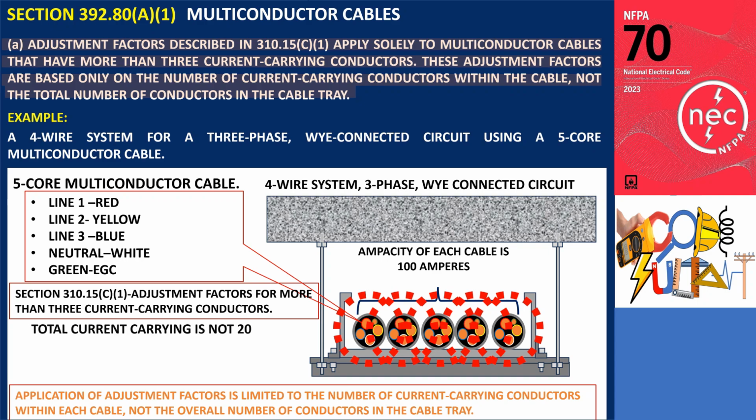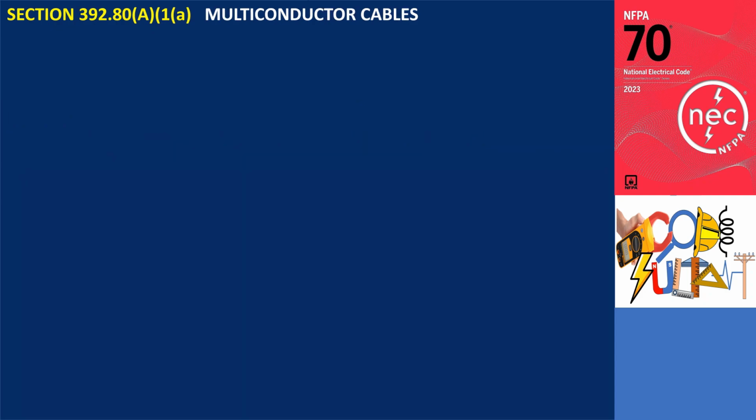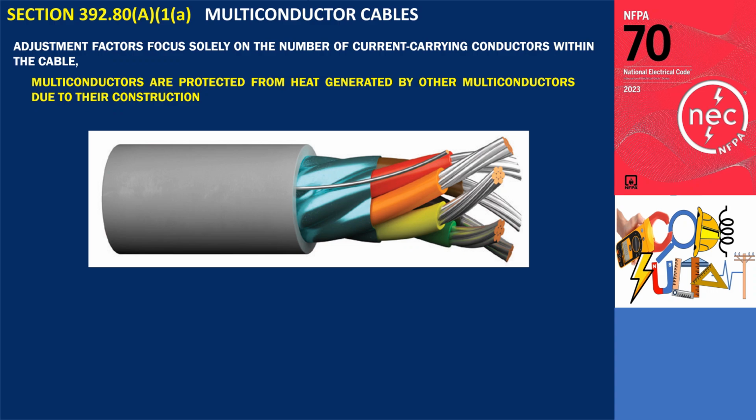Each multiconductor has 4 current-carrying conductors, resulting in a new ampacity of each conductor calculated as 100 amperes multiplied by 80%, which equals 80 amperes. The reason adjustment factors focus solely on the number of current-carrying conductors within the cable, rather than the total number of conductors in the cable tray,